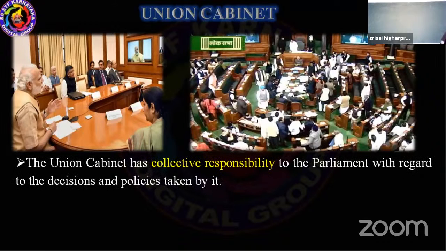The Union Cabinet has collective responsibility to the Parliament with regard to the decisions and the policies taken by it. Whatever policies, plans and ideas are implemented by the government, it is responsible. It means that the entire cabinet is responsible for that. And whenever the opposition party or any other independent candidate asks questions regarding a particular department, they should answer that